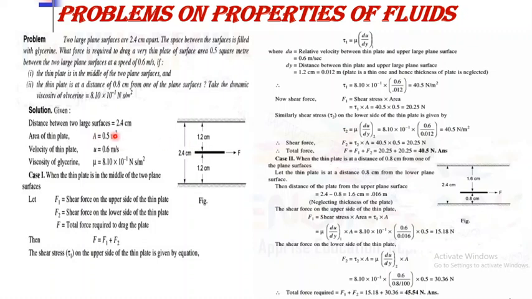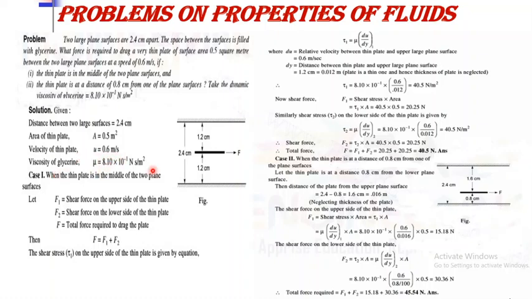So in the first case, the distance between the two large surfaces is 2.4 centimeter, the area of the thin plate is 0.5 meter square, and the velocity with which the plate is moving is 0.6 meter per second,